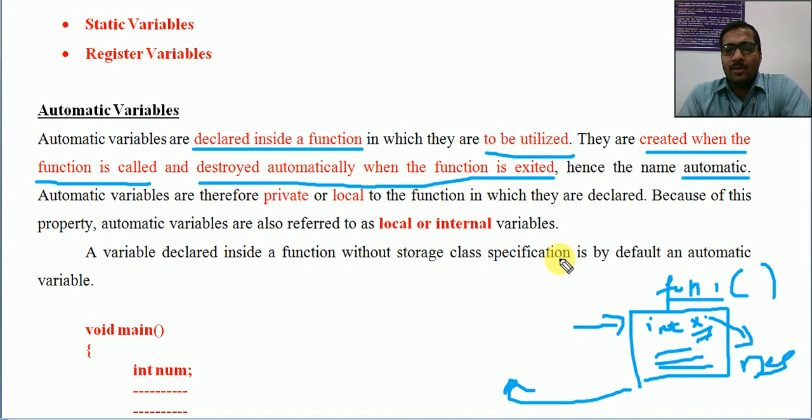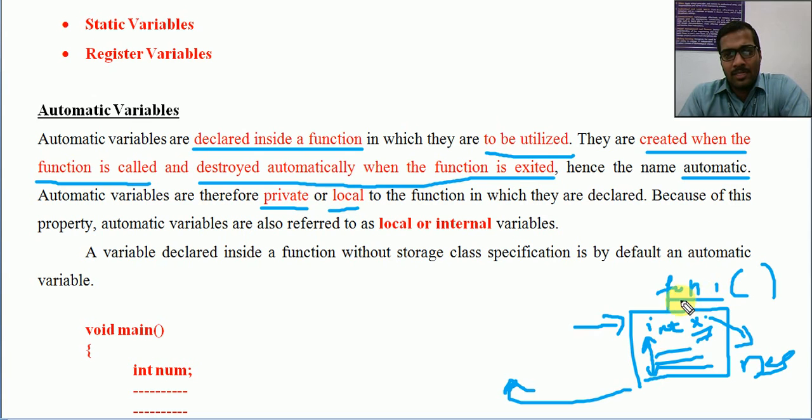So that is happening with auto. This happens automatically, and these variables are private or local to the function. The variables can only be utilized within the same function. Main is also a function, so a variable declared inside main is accessible only within main.